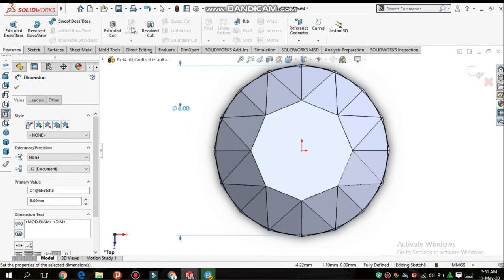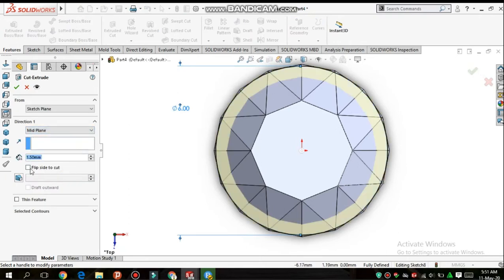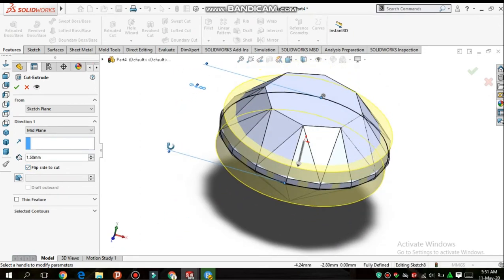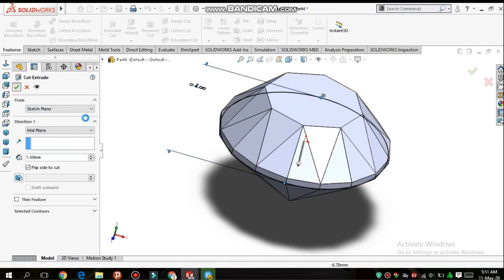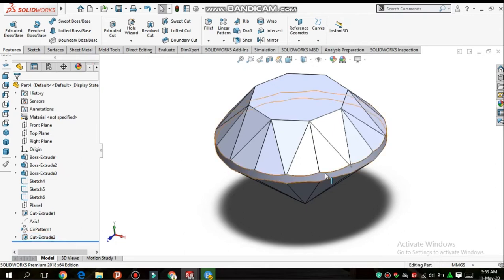Now feature, and here is extruded cut. Now select here mid plane and flip side to cut and click OK. Now you can see it looks better.